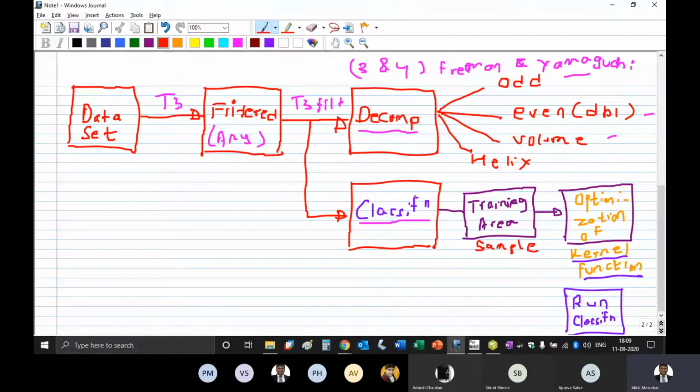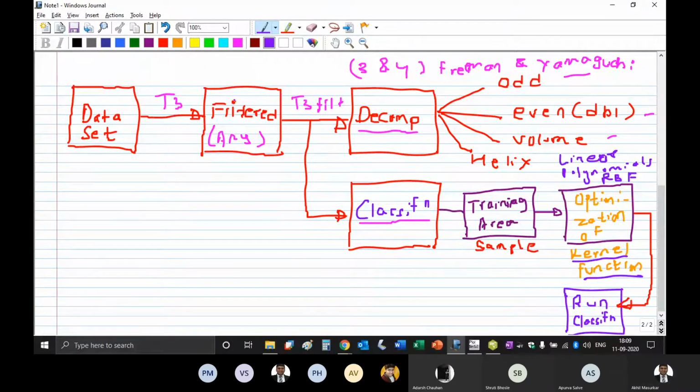Yeah. So what we have here is, then we run. After optimization, after giving training, we have to give training to somebody. That somebody is the kernel function. And then we run the classification. Some common kernel functions are, I'll just write it down here. We can have a linear kernel function, then we have polynomials, and then we also have something called RBF, that is a radial basis function. I think we have used RBF.